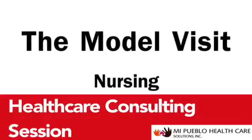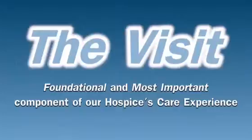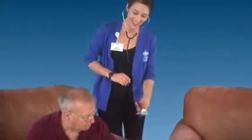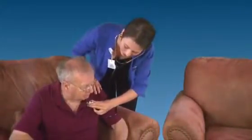The model visit. The visit is the foundational and most important component of our hospice's care experience. That is, the model. Therefore, it merits great consideration as we want to make each visit as good as it can be. There can be great variation in the quality of visits among individual clinicians, as well as among different